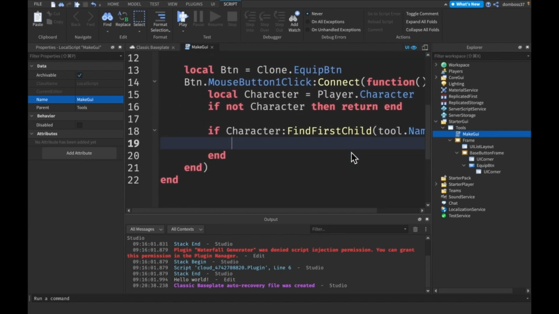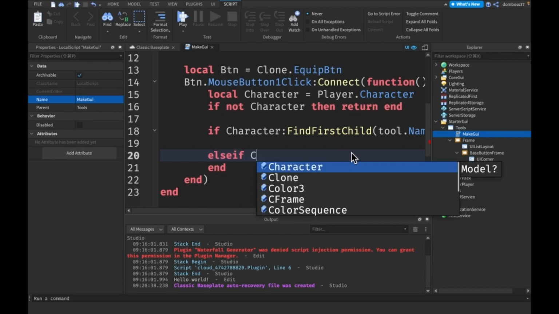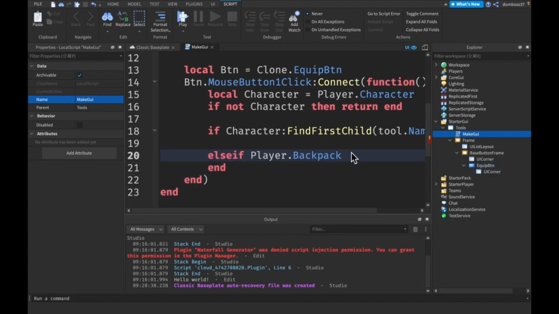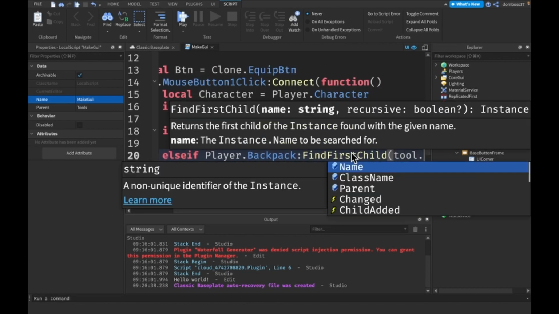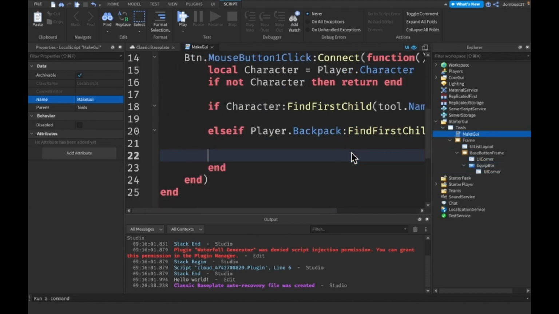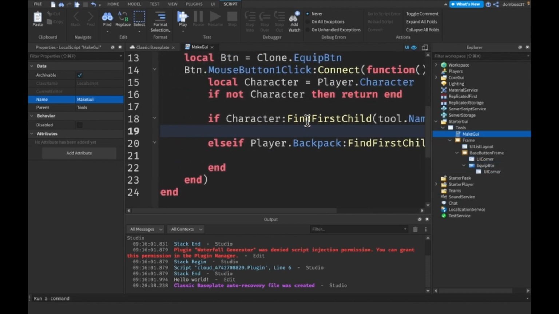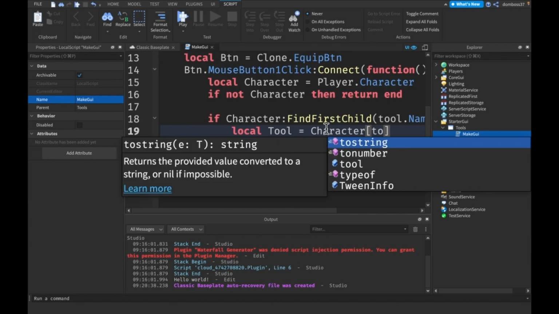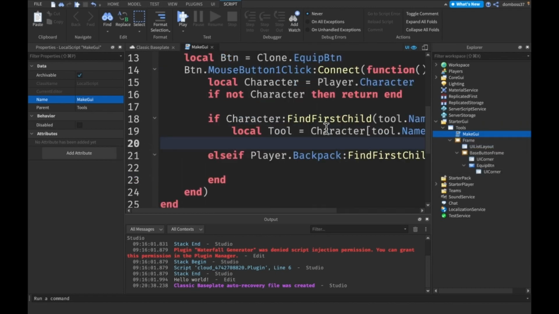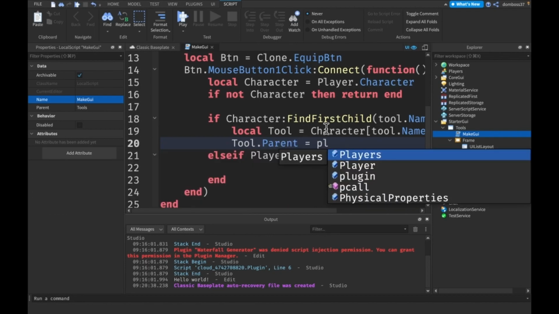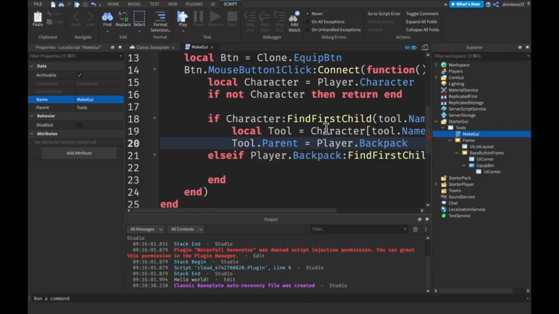Then what we want to do is, actually we'll have an else if, and we'll do else if player.Backpack:FindFirstChild(tool.Name). Then if we find it in the character, what we want to do is make the local tool equal to character[tool.Name], and we'll have tool.Parent equals player.Backpack, and we'll